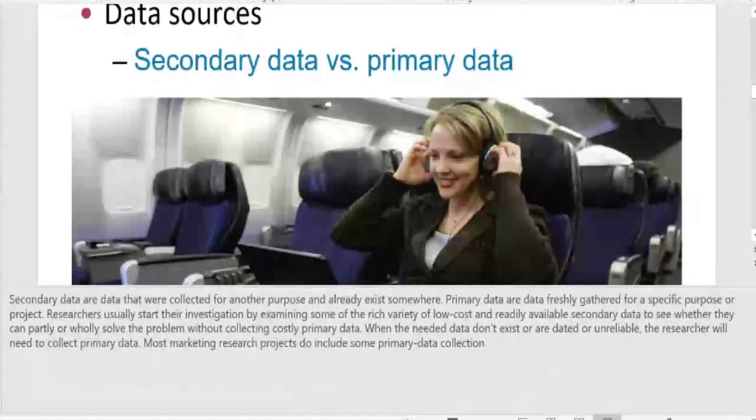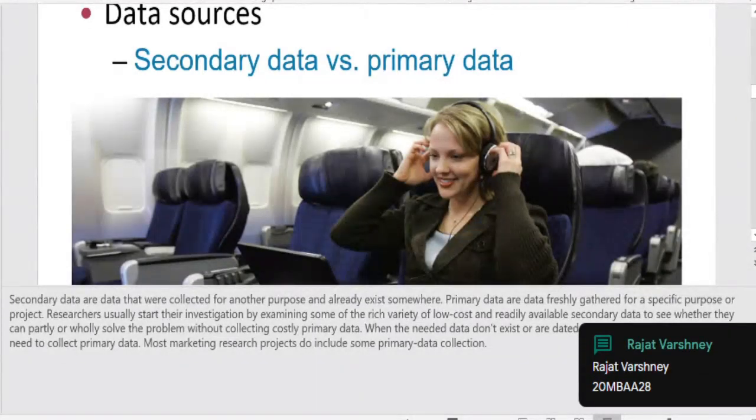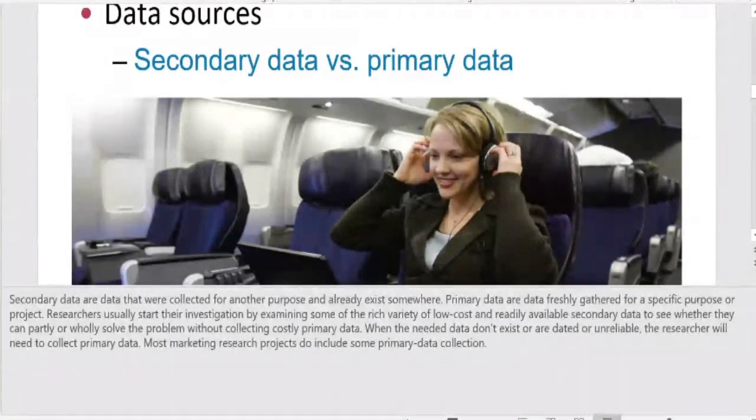So when you design a questionnaire to collect the data, technically what you're going to be doing is collecting primary data. Some of the research approaches are observational research, focus group research, survey research, and behavioral research. These are some of the different types of research processes which are used. So let us look at the research instruments.